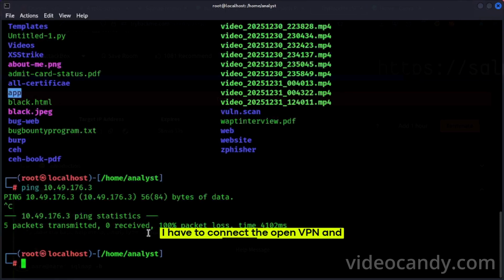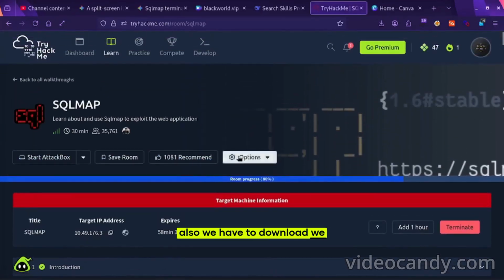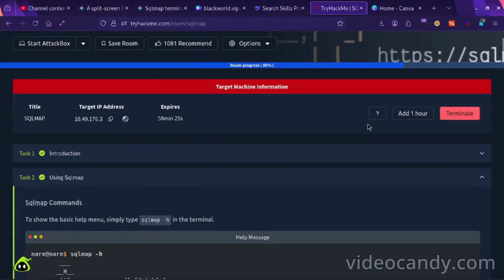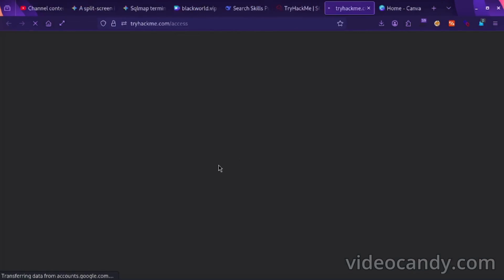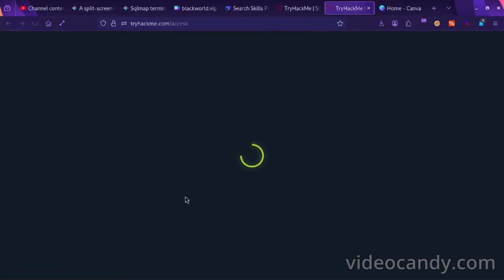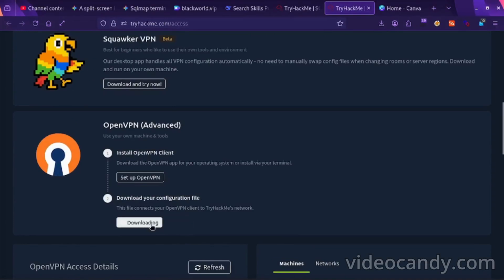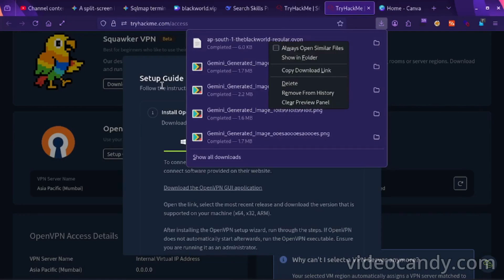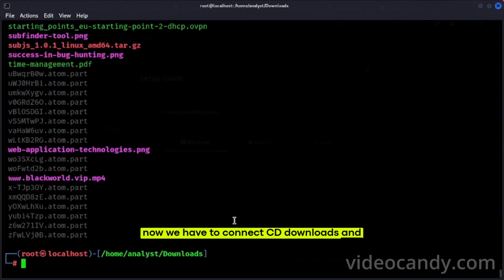First I have to connect to OpenVPN, and we also have to download the key. We have downloaded the OpenVPN key, and now we have to cd to downloads and run OpenVPN.